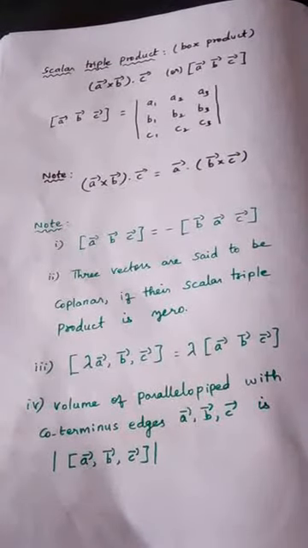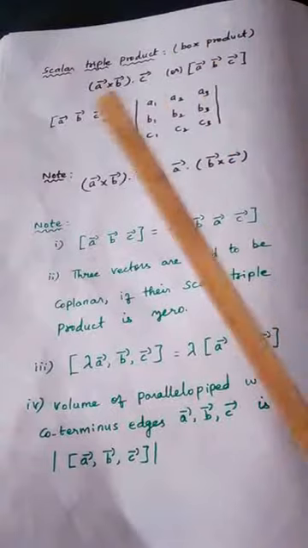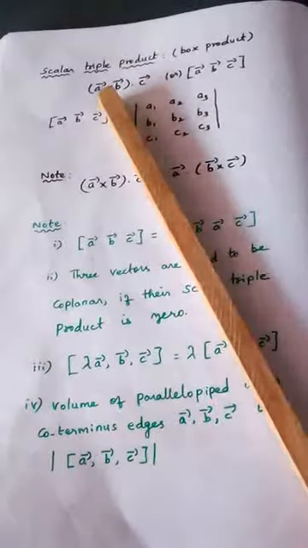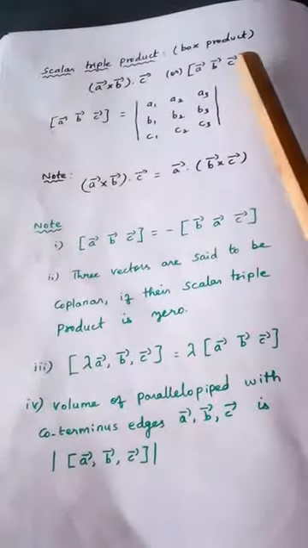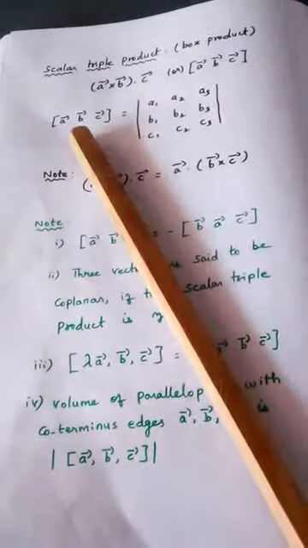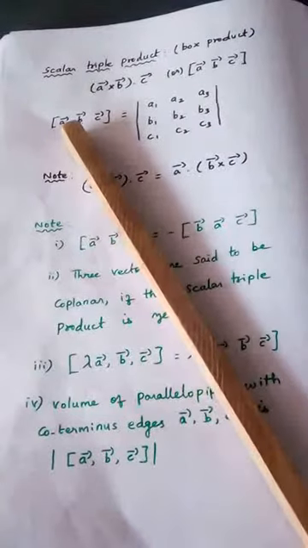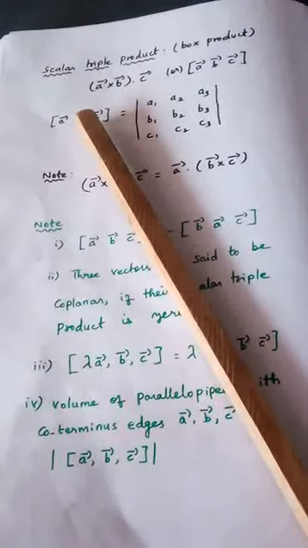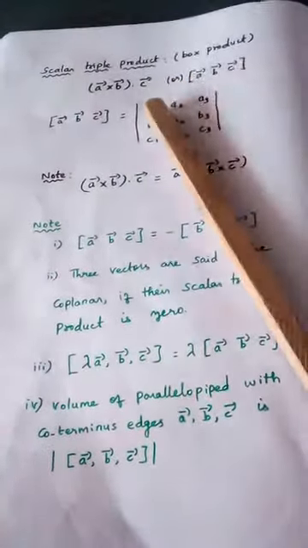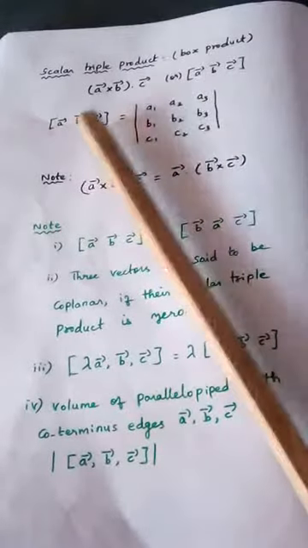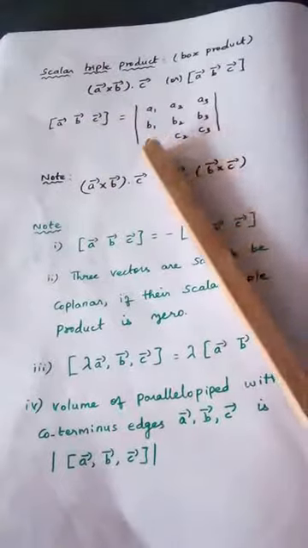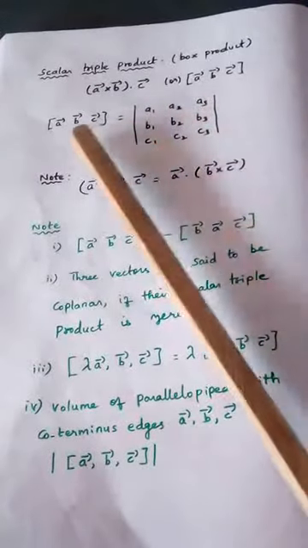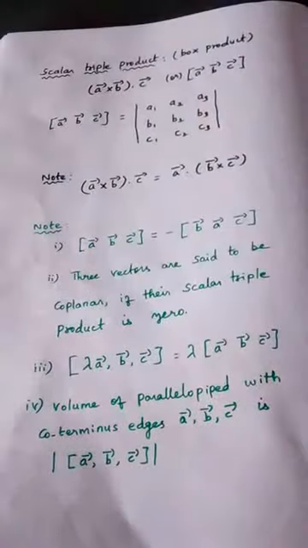So scalar triple product means we will have three vectors A, B, C. It will be calculated like this, cross and then dot, or even I can say box ABC. How to find the box value? For the A vector, suppose A is 2i plus 3j plus 4k, write 2, 3, 4, that is A1, A2, A3. Similarly, B vector, write the coefficients. See C vector and write the coefficients. If you expand this, that is called the box product value.